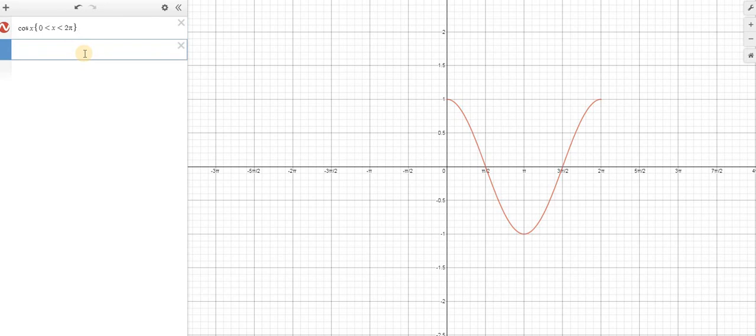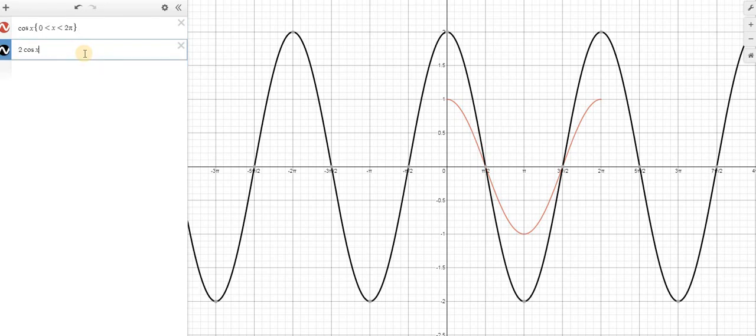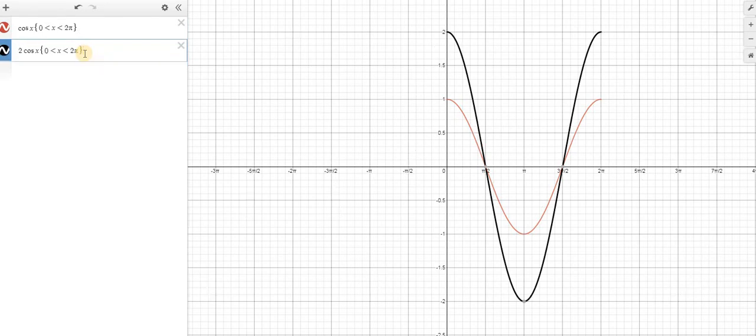Now if we graph 2 cosine x from 0 to 2 pi, the amplitude is 2 now, the minimum is -2 and the maximum is +2. So we have vertical stretch because the amplitude is greater than 1, and like sine function, if we graph 0.5